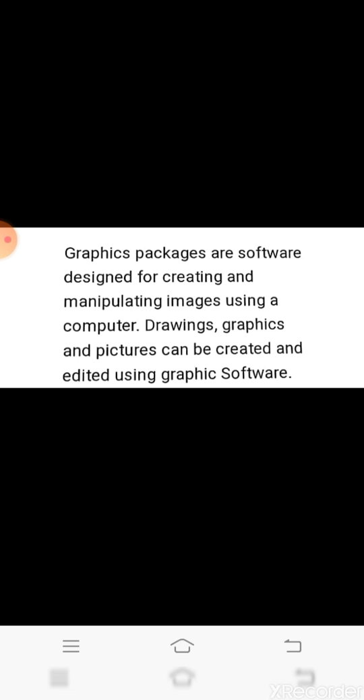It is used to create images such as charts, graphs, photographs, logos, cartoons and much more. Examples are Paint, AutoCAD, Dreamweaver, etc.